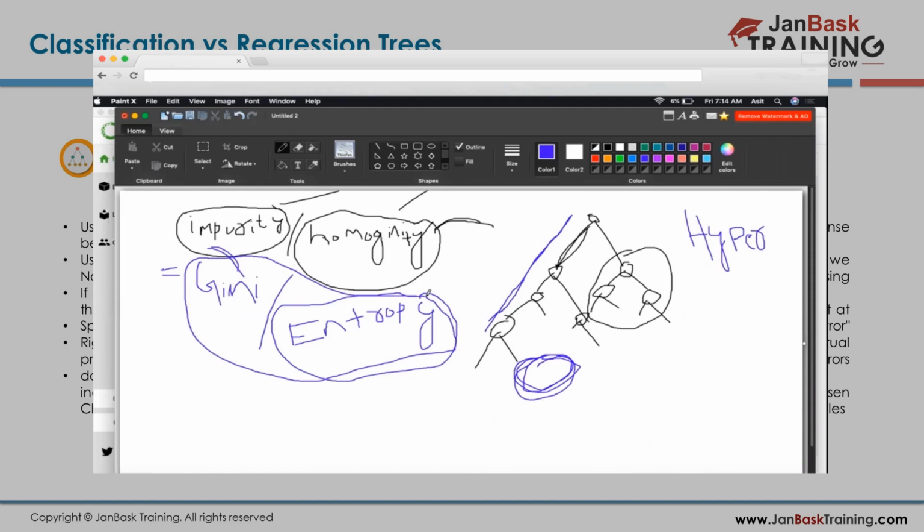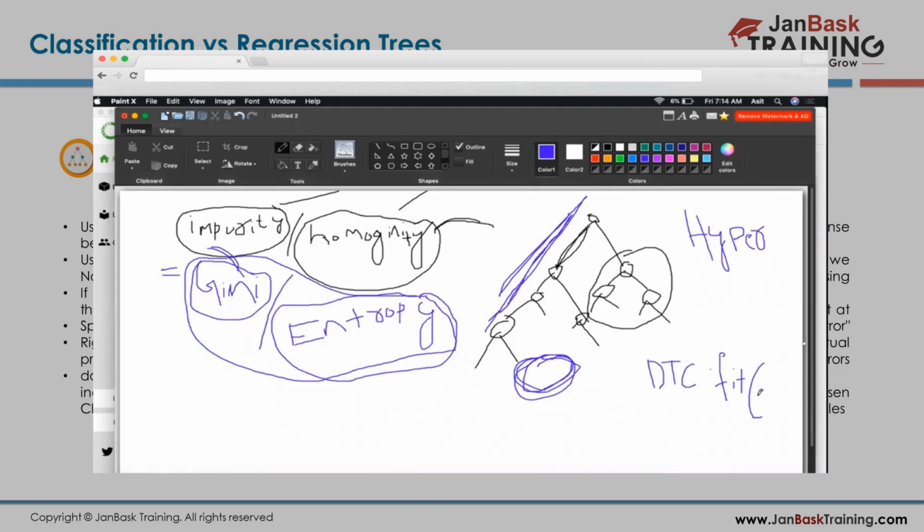There is a good amount of statistics and maths behind the calculation of entropy, but no need to go there because the model is there. You should know how to use the model instead of building it, because building the model is the researcher's task. So the hyperparameter is Gini and entropy. You can change it. By default, the model will take entropy. If you want, you have to mention it, like the decision tree classifier you have imported. In short form, I'm writing DTC dot fit. I will show a hands-on where it will be much clearer.